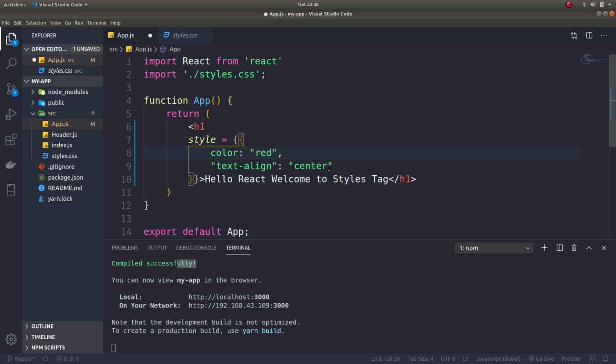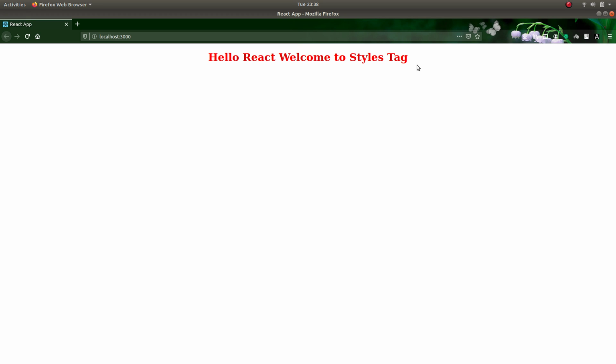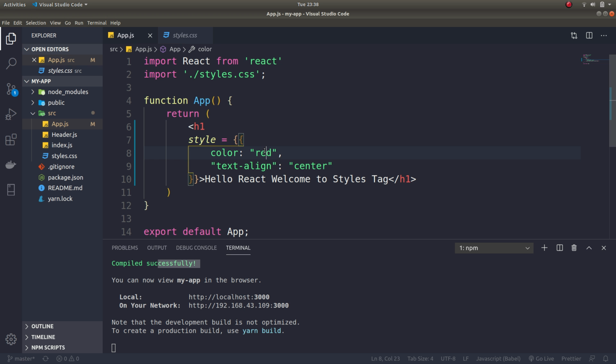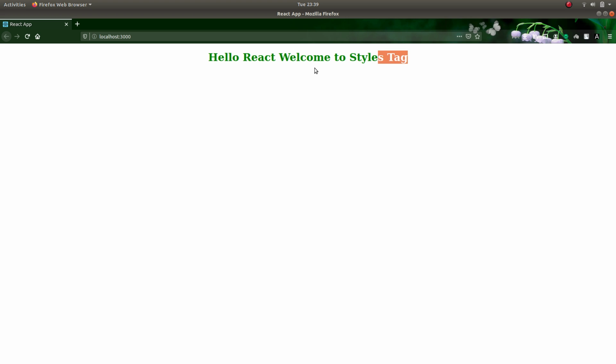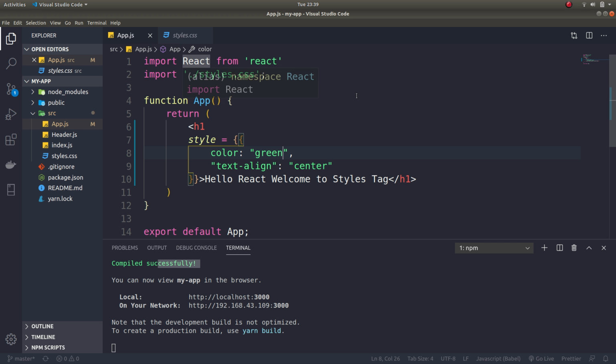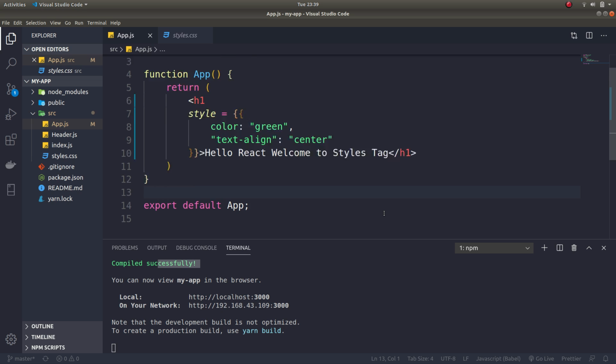So now see, it has become proper syntax, and when we save it, it is compiled successfully and the same will be rendered. Let me just change the color to green and save it, and now see, it is displayed in green color. So I hope you now understand the various different ways of adding style inside our React app.